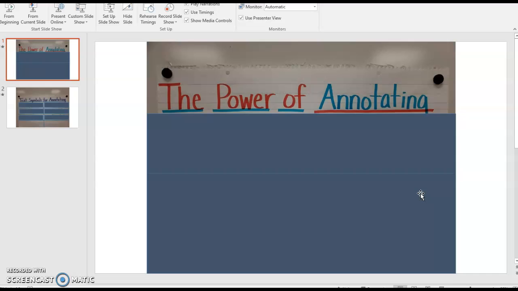And I'm going to give you some reasons why we leave tracks in our book, and I'm going to start using the word annotate or annotating, because that's really what it's called, annotation. And then I'm going to give you some little symbols that you can write. I'm going to model it for you, and then I'm going to give you something you can try to do it on. I know you probably don't want to do this on your books at home because that would mess them up, but sometimes we can have pieces of paper with stories on them and do it